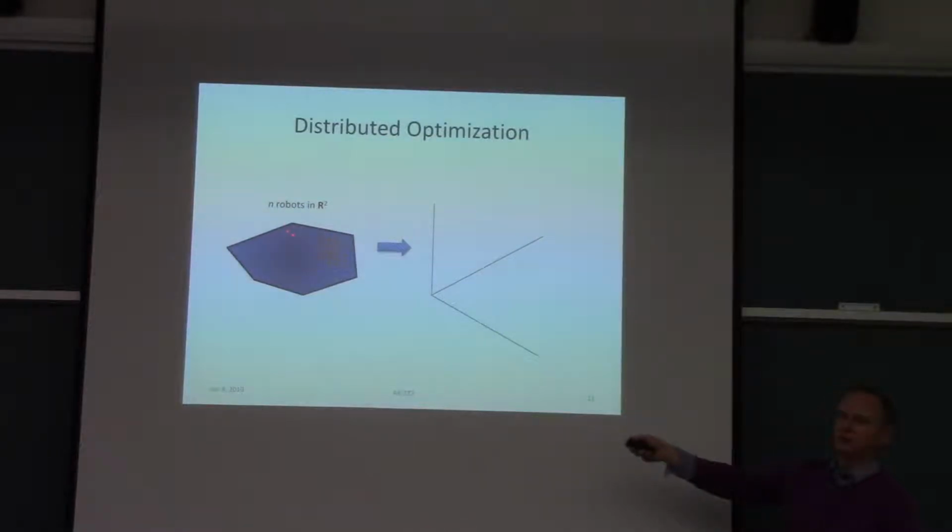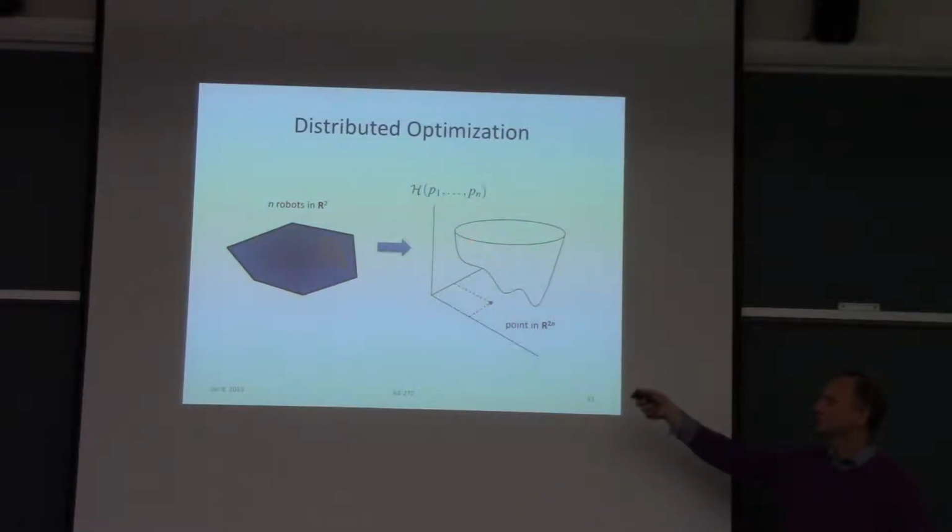So in this case, just think of a simple planar example where your robots live in R2 or some subset of R2. Then you can always think of the state of your multi-robot system as one state in a higher dimensional space, right? Instead of having n states in R2, that is one state for each robot, you can think of one super robot or one concatenated robot, which is just a single vector in R^2n. And then oftentimes you can cast these problems as optimization problems in this high dimensional state space, right? So oftentimes you have some cost surface, which maybe is, for example, the formation control problem,